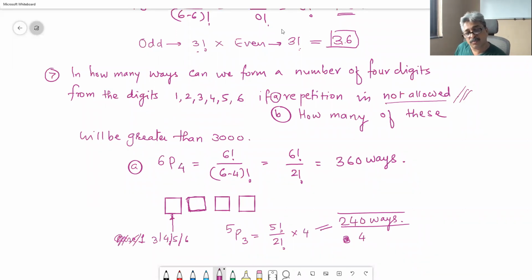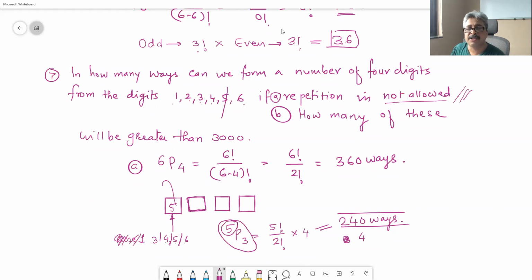See, I am deliberately using this notation because if we could convert the given problem in this form, we will be less confused later on. Out of these digits, we have taken 1 and put it in the first place, say 5. So 5 is gone from the available digits, right? So how many digits are remaining now for the remaining 3 places? 5. 1, 2, 3, 4 and 6. So that is what this number is.